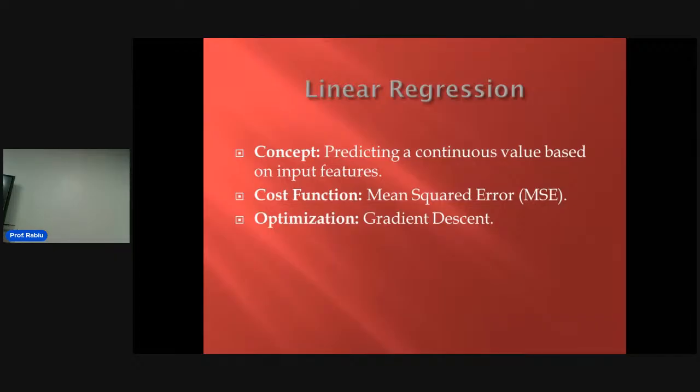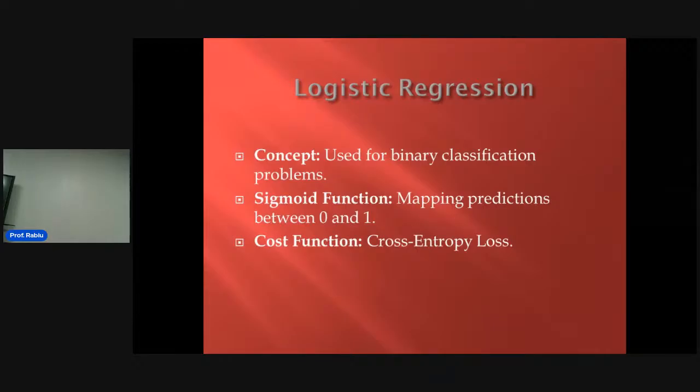We'll go in detail for all this to explain how they can be applied in terms of machine learning concepts. The logistic regression is used for binary classification problems. The function here is a mapping prediction between zeros and one. Since we are dealing with a binary, we have to go with the binary language, which is zeros and one, absent and present, or true, false, or off, on. Okay, that's how the computer works.